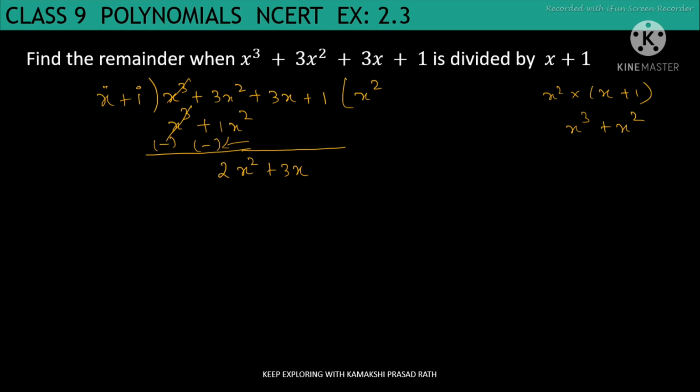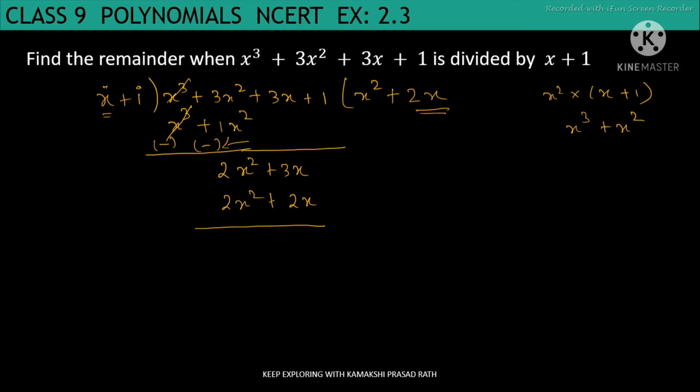Again the same thing. See the first term. Here we have x. Here we have 2x squared. X multiplied by how much, we get 2x squared. So x multiplied by 2x. X into x is x squared. 1 into 2 is 2. So x multiplied by 2x is 2x squared plus again 1 plus 2x. So we get here 2x squared plus again this one also you have to multiply. So 1 multiplied by 2x now. For the second term, 1 multiplied by 2x, we get 2x.